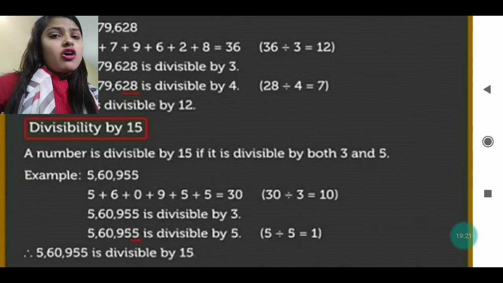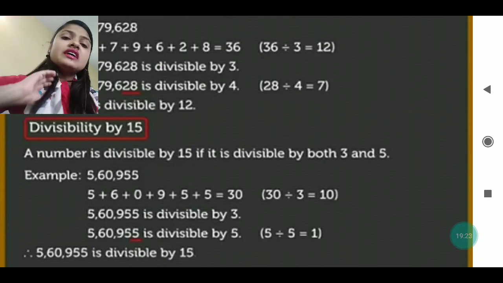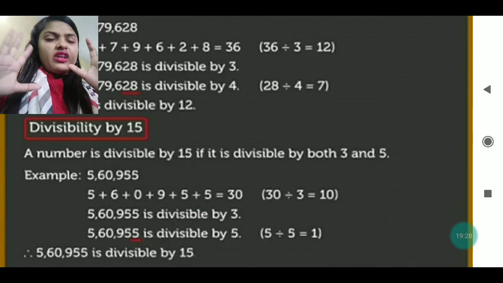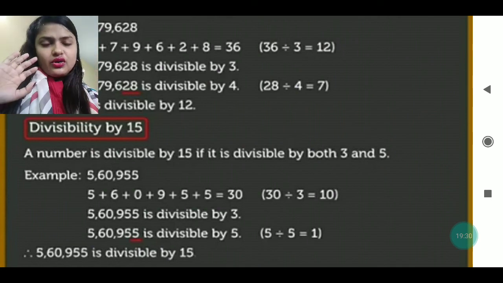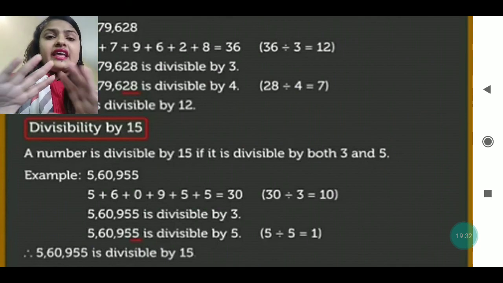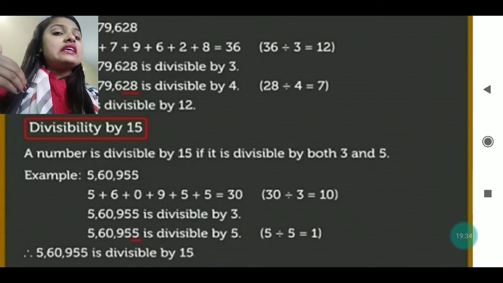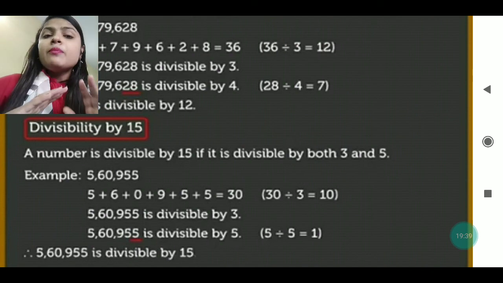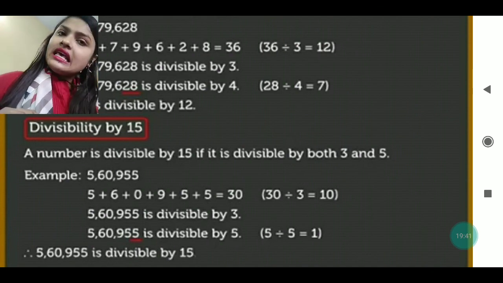The divisibility of different numbers. With the help of this, you have to find the divisibility of the numbers given in your exercise. You can watch the video very nicely throughout, and see whatever I have explained about how we find the divisibility of any number, and it will help you do the work easily.